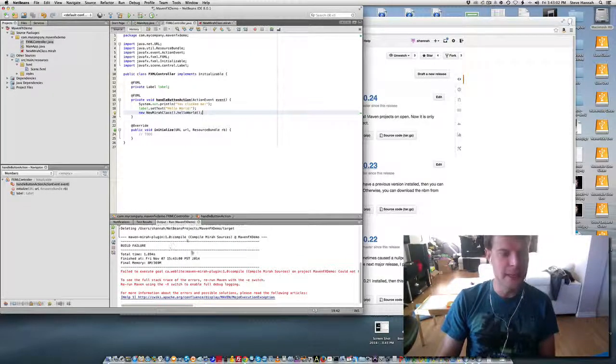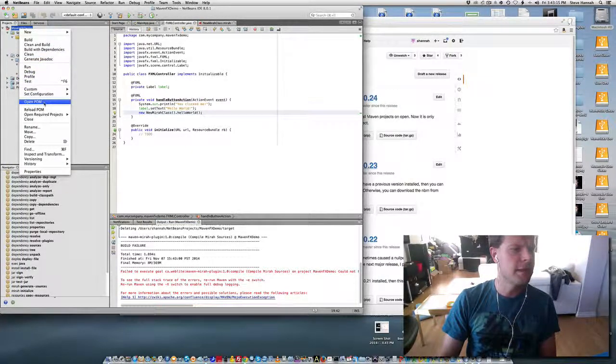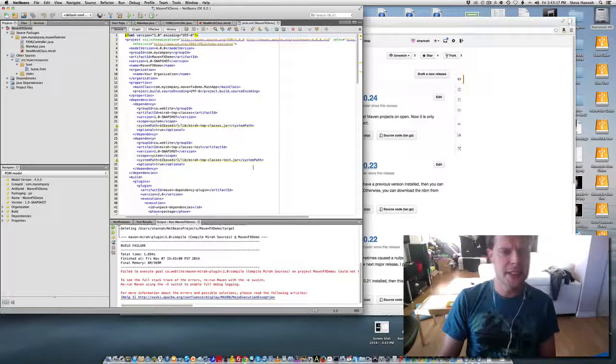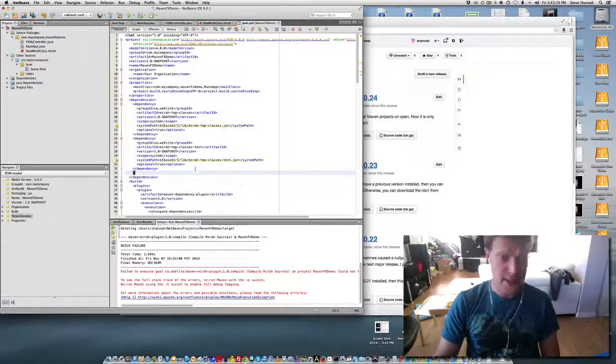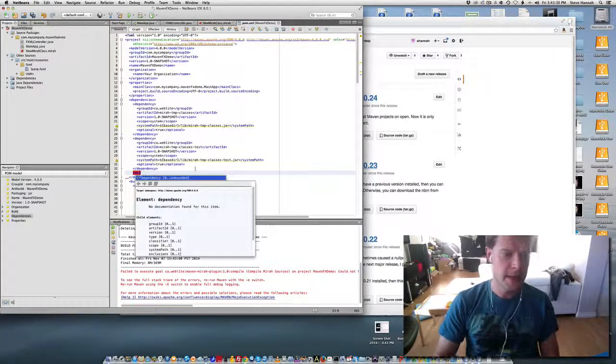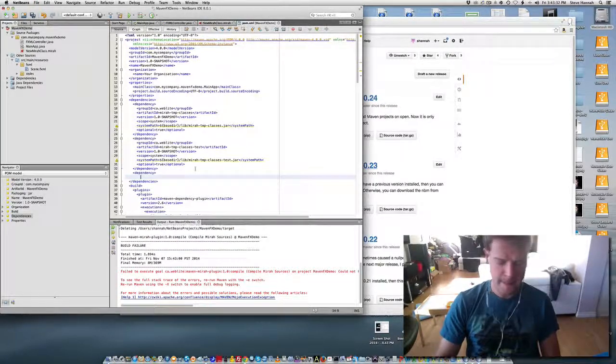Here we've got a build failure. This is one thing with Mirah, or with the archetype for FXML, or with the JavaFX. Let's go into the POM file. It doesn't seem to list the JFXRT jar in the dependencies explicitly, and Mirah only knows what's in the boot class path and the class path. This is one thing I'm going to look at, but a workaround is just to explicitly add a dependency